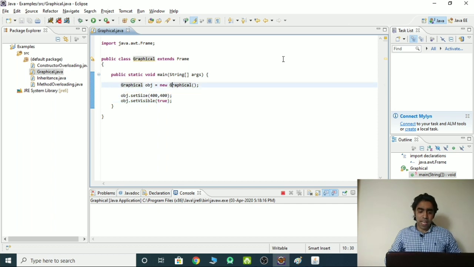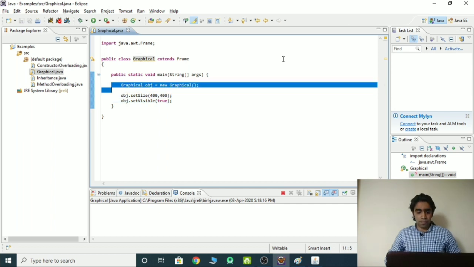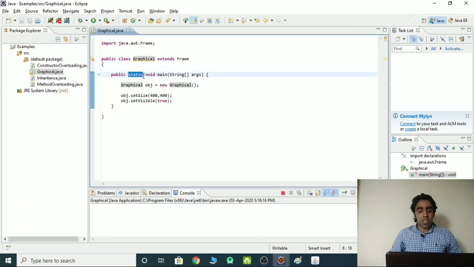The reason behind that, I have created this graphical class object. अगर हम वही सोच रहे हैं कि अंदर आ ही गए हैं तो ग्राफिकल का ऑब्जेक्ट क्यों बना रहे हैं, उसका रीजन क्या है, क्योंकि ये जो public static void main है वो स्टैटिक फंक्शन है. स्टैटिक फंक्शन के अंदर नॉन स्टैटिक डायरेक्टली कॉल नहीं होते. अगर हम ग्राफिकल का ऑब्जेक्ट ना बनाकर कॉल करें तो वो एरर देगा कि we cannot call non-static function inside the static. सो इसलिए हमने ग्राफिकल का ऑब्जेक्ट बनाया.